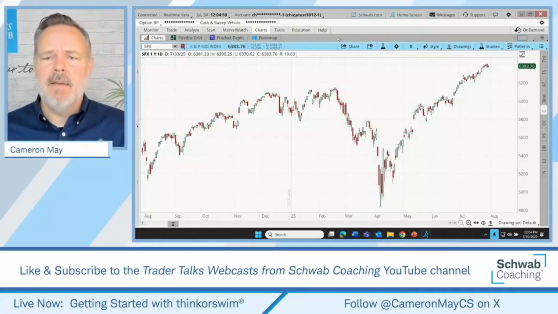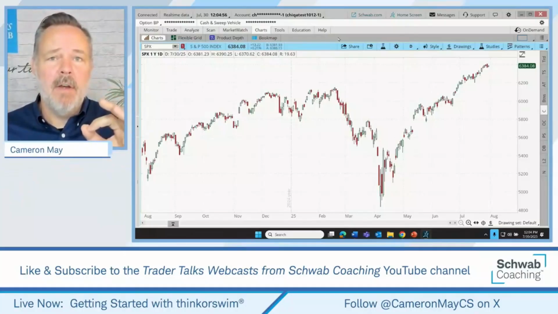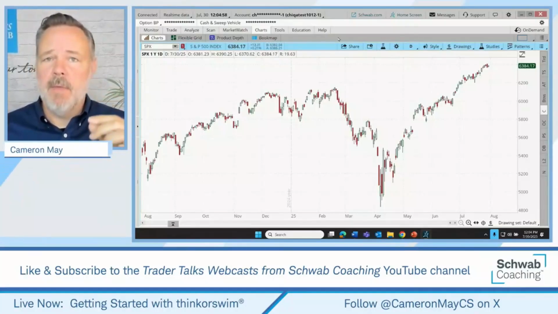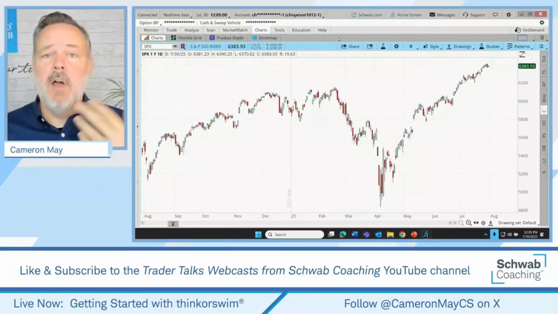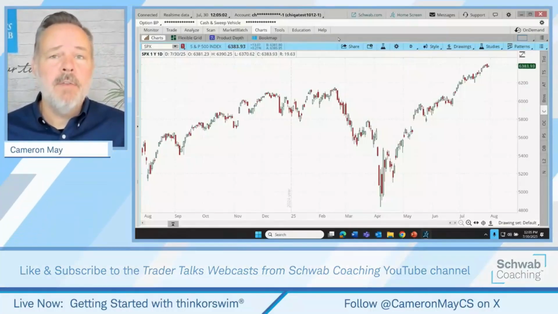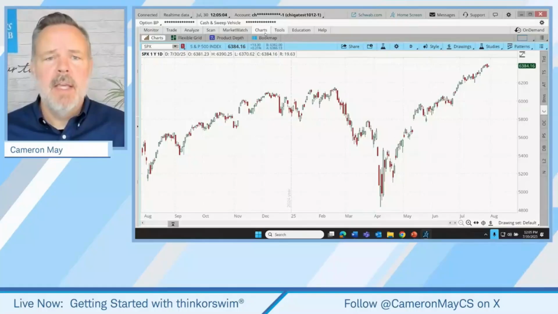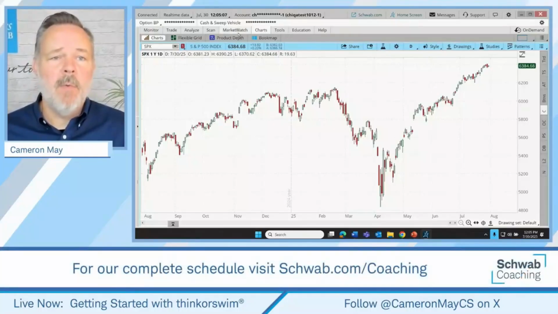But that downloads the software to your laptop or your computer. It creates a Thinkorswim icon on your computer's desktop. It puts Thinkorswim in your computer's start menu. And then you just launch the software, log in using your Schwab username and password, and you'll find yourself right where we are. We can go to the charts from here.